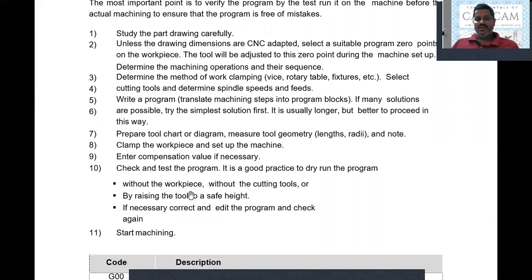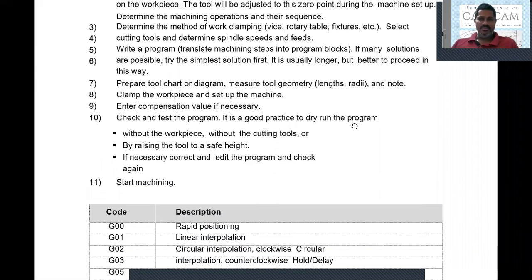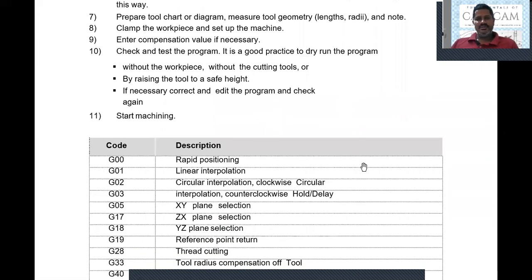Then test the program by using a dummy piece or without using a tool. We just run it to check the tool path, whether the tool on the work plane is moving properly or not. Once we confirm the tool path and are satisfied with the program, with the dummy part or some other dummy movements, then we can proceed further to start the machining. These are the basic steps involved in writing a CNC part program. Then, before entering into the sample programs,